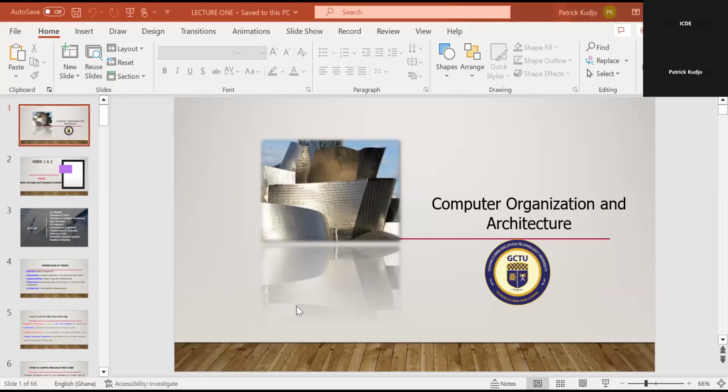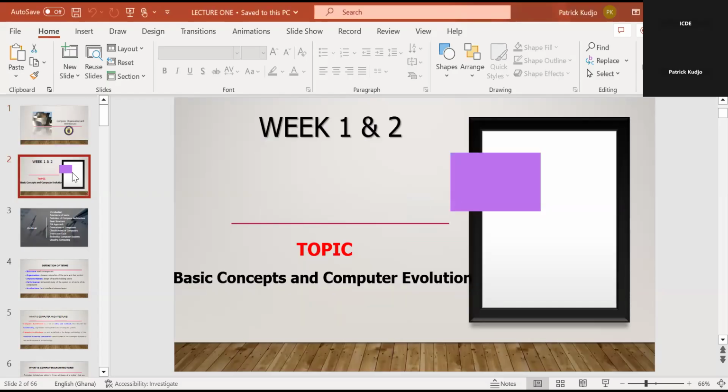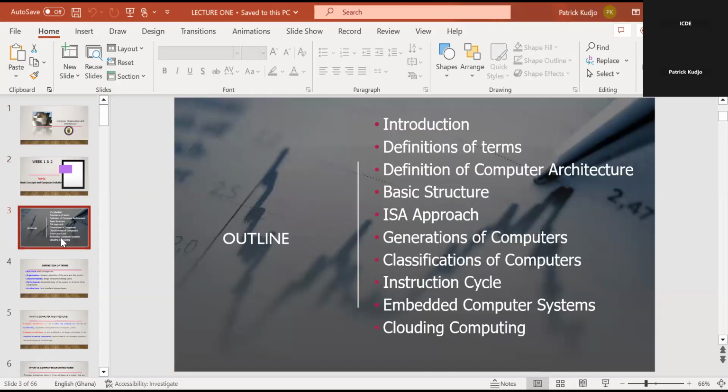So, computer organization and architecture, week 1 and week 2, we are looking at basic concept and computer evolution. I spoke about some outline, that your presentation should have an outline. And if you look at it, I have an outline for my presentation over here. So I have a brief introduction. Then we will look at some definitions of terms, definition of computer architecture, the basic structure,